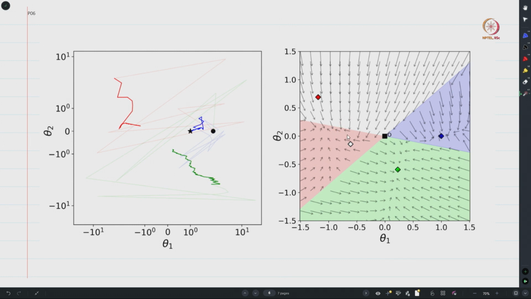And one can show that because of this nature, there is some point that resides on the boundary where, if you take a convex combination of the dynamics that is enforced from the white region and the dynamics that is enforced from the red region, the convex combination turns out to be 0, right. So it is that point which one can show is actually an asymptotically stable equilibrium point, that is sitting over here. So any solution trajectory that starts from this white region will try to go towards that intermediate point that is sitting over here, right.